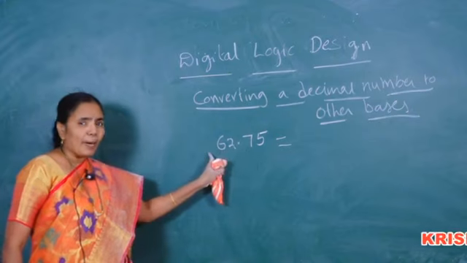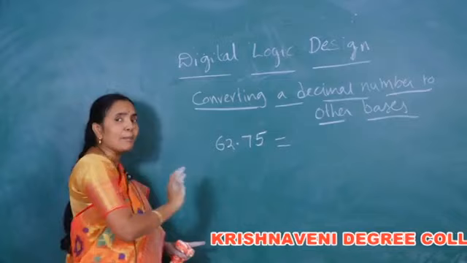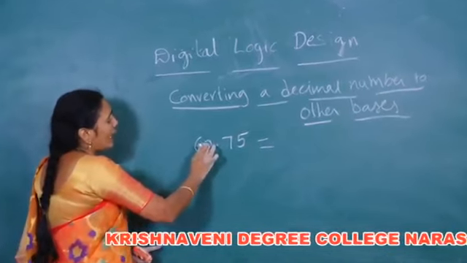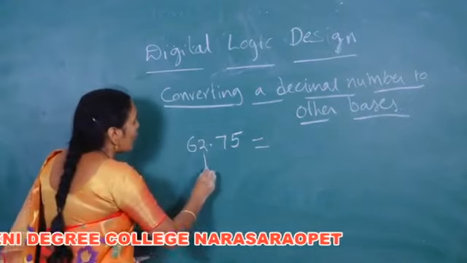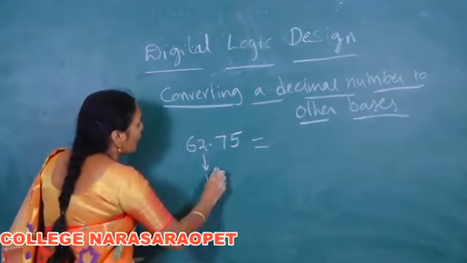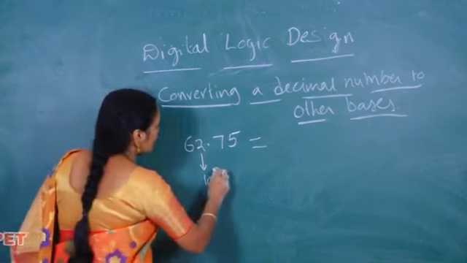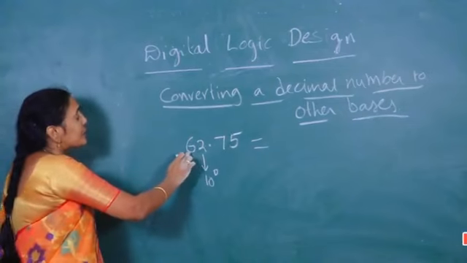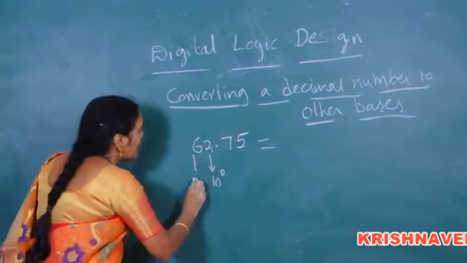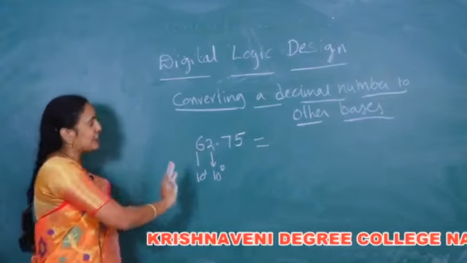Here the place value starts from the fractional point. For an integer part, the base of the decimal number is 10. So, the face value of 2 is 2, but the place value of 2 is 10 to the power of 0. The place value of 6 is 10 to the power of 1 and the face value of 6 is 6.